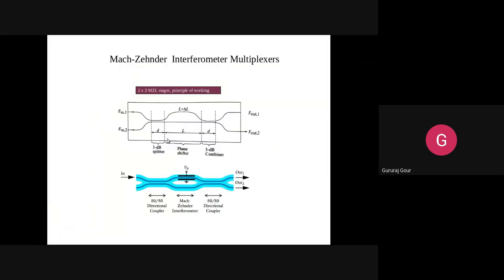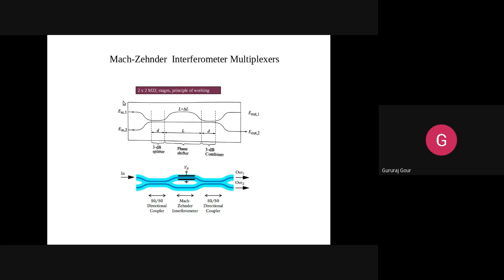In E in 1 we get the optical ray path that is not a straight line but a curved path, entering at input port E in 1 and escaping from this 2 by 2 multiplexer at output port E out 1. Similarly, we have another optical ray path entering at input port E in 2, which has the straight line path, as you can see here, and then escaping from output port E out 2.